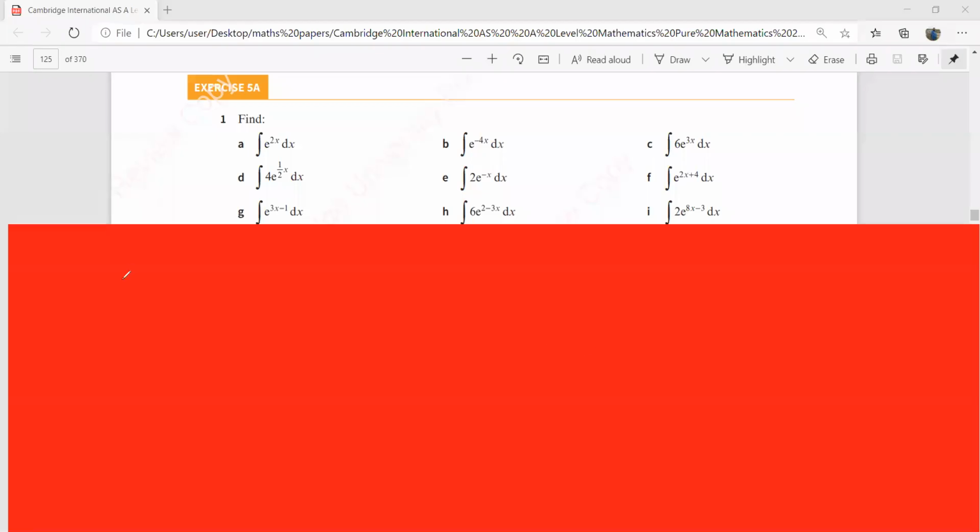Bismillah. Okay, let's start integration. And integration is going to be started from the